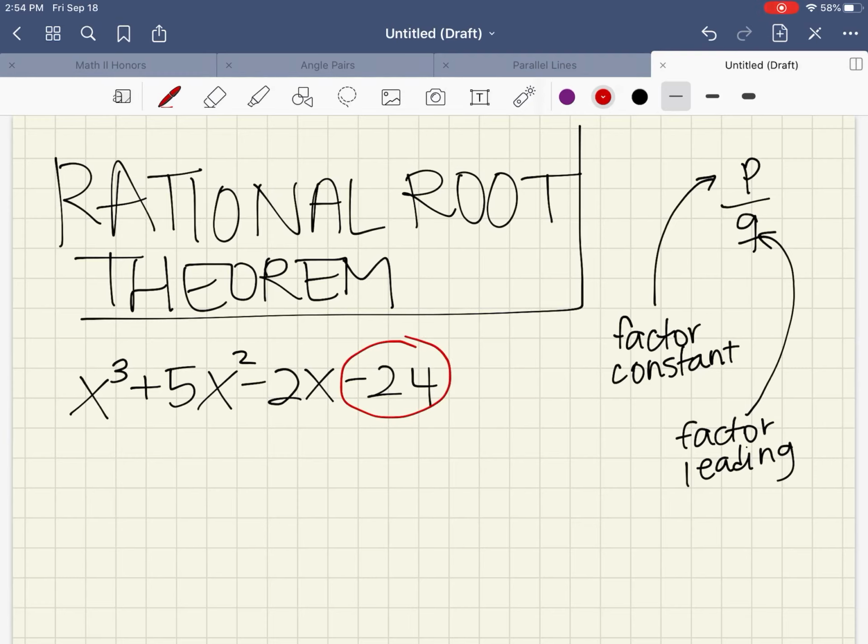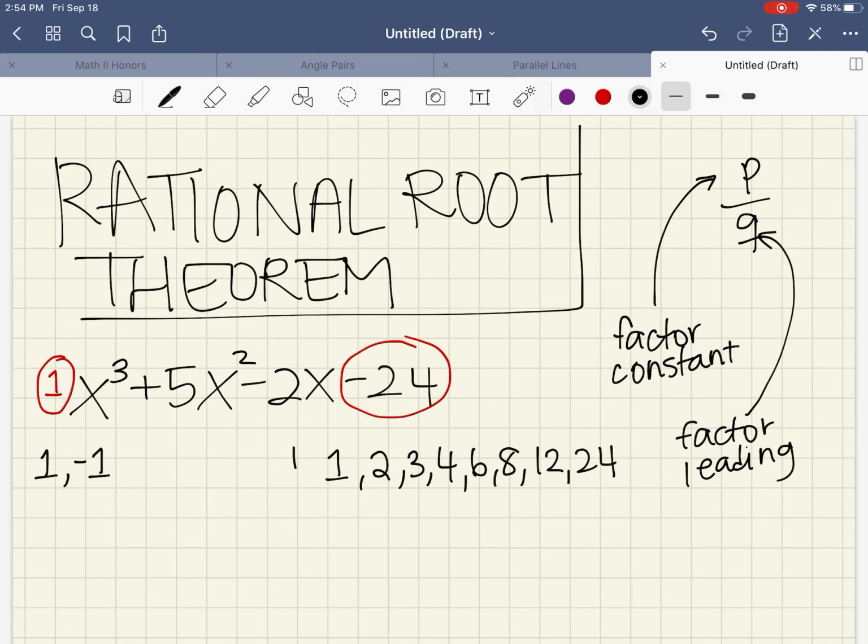The leading coefficient is whatever number is in front. In this case, it's actually just 1. So the rational root theorem says that if I take all the factors of 1, which is just 1 and negative 1, and all the factors of negative 24, which is 1, 2, 3, 4, 6, 8, 12, and 24,